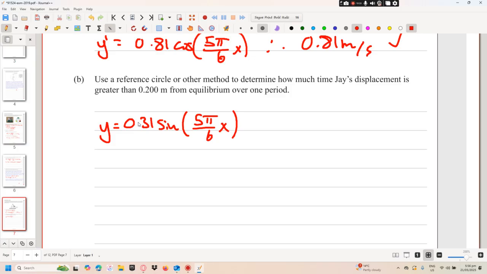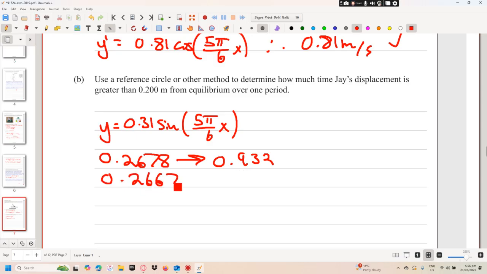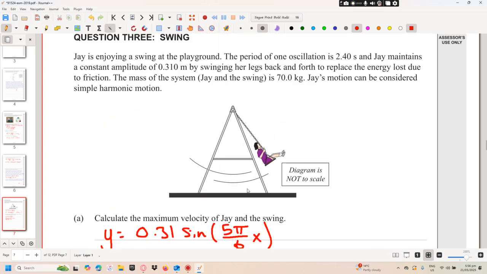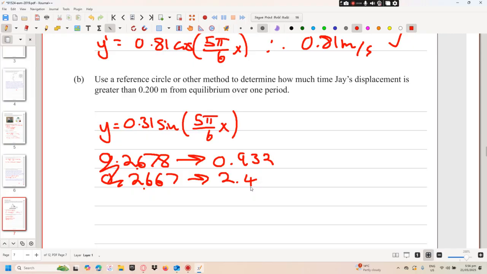And you should see that the intersections are from 0.2678 to 0.932 and 2.667 to 2.4. And now if we turn that one off and we put this one on,